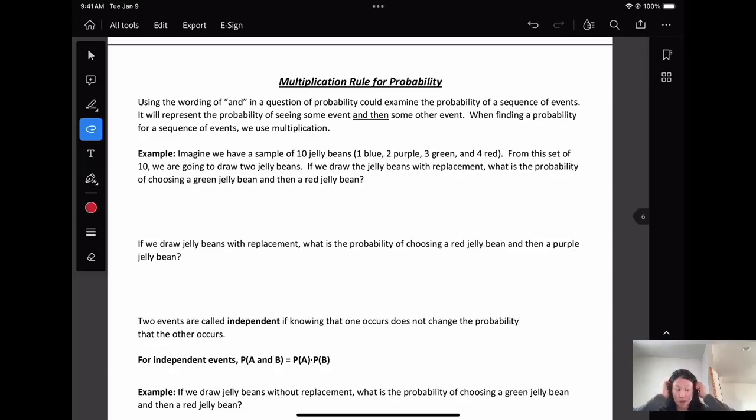Hello. So in this video, we're going to talk about the multiplication rule for probability. Using the wording "and" in a question of probability to examine the probability of a sequence of events. It will represent the probability of seeing one event and then some other event. When finding the probability for a sequence of events, we use multiplication. Okay, that's too complicated. So basically, the multiplication rule, also known as the "and" rule,